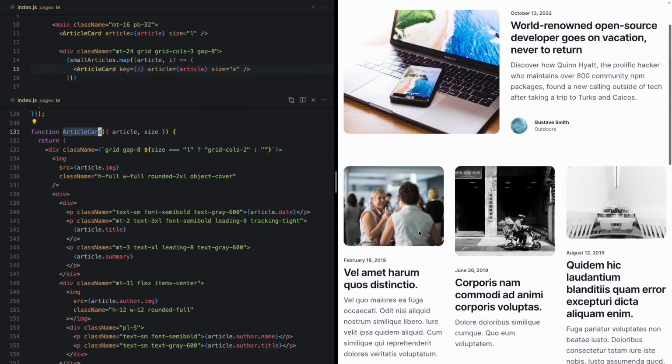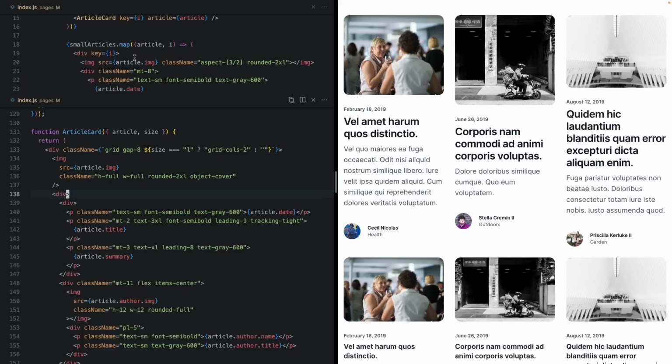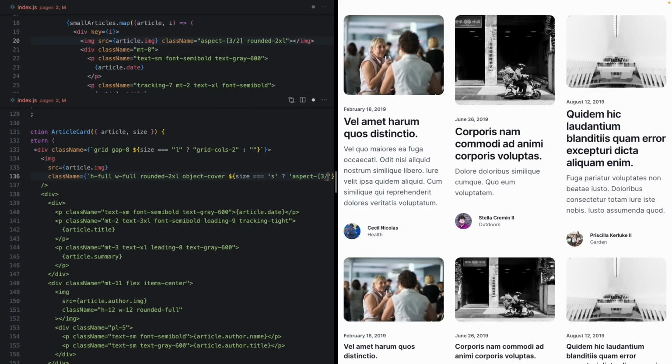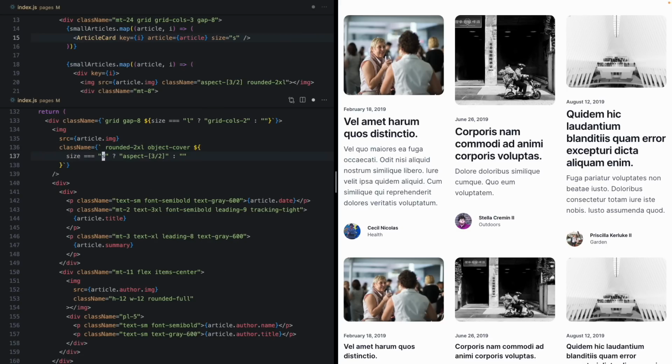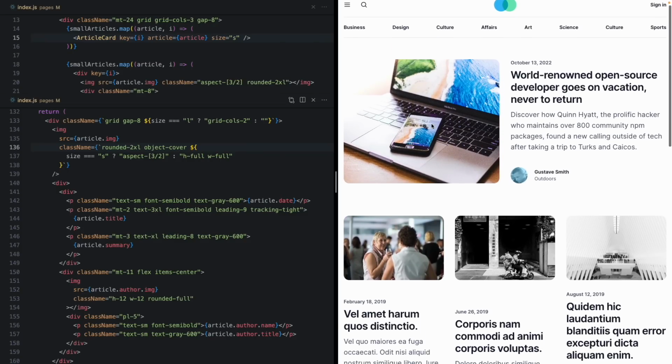Let's keep going here, and if we take a look, our images actually have a fixed aspect ratio. We can see right here, they're 3:2. So we can come to our image, turn this into an expression, and if the size is small, we want that aspect 3:2 back. And we can see comparing our original markup, this height and width full is really for the hero article, so we can just slap that on for the other variant. And now these pictures are matching our original right here,